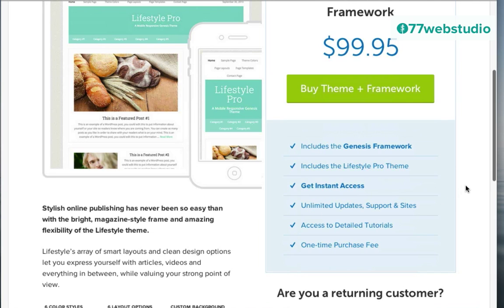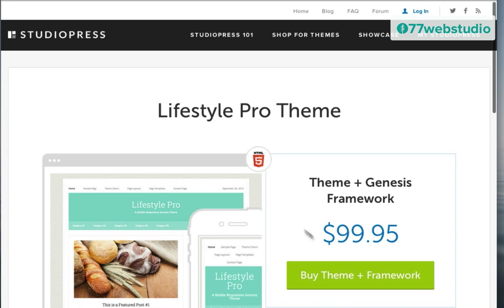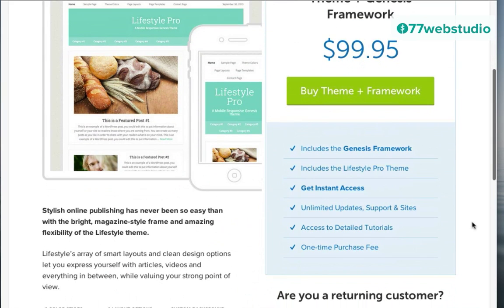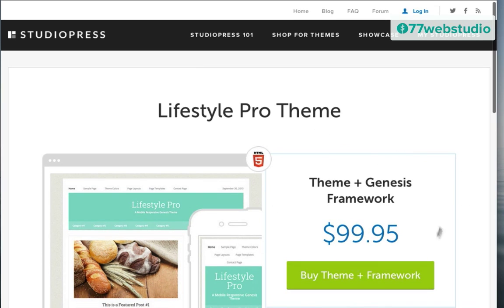So the unlimited updates is really an extra value that comes when you buy the theme and the Genesis framework. Not all developers will give you updates down the road a year or so or more when the theme is updated, and that's a really important thing to keep your theme updated, of course, for so many reasons, including WordPress security. The other thing is that this also is a one-time purchase fee, which means that when you purchase this theme with the Genesis framework, if down the line you want to change a theme to some other Genesis child theme, you will not need to buy the Genesis framework, you will just need to buy the theme, which is really great.